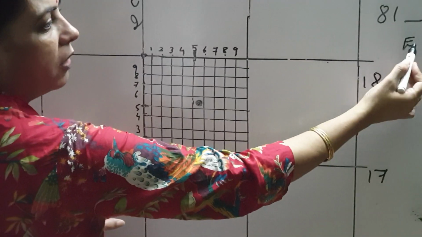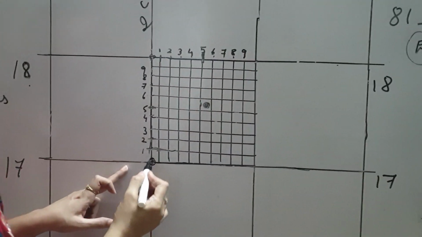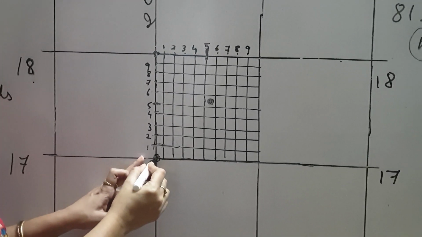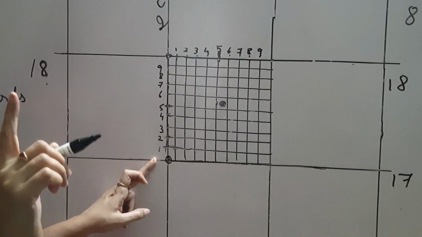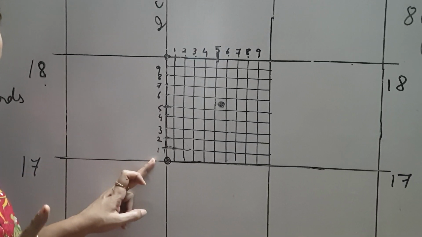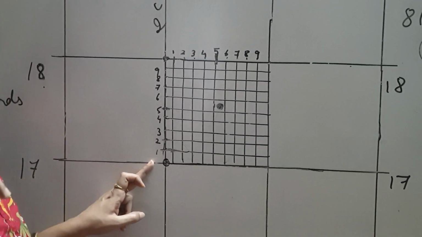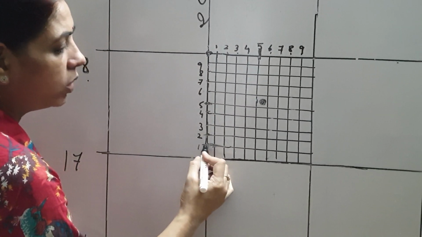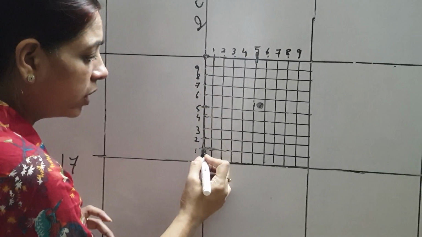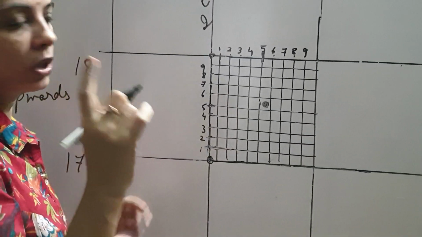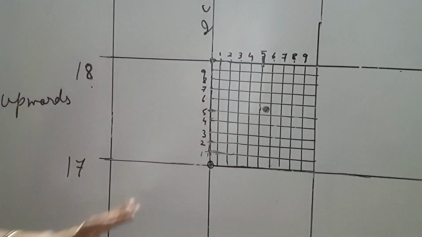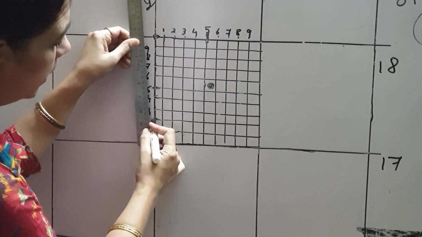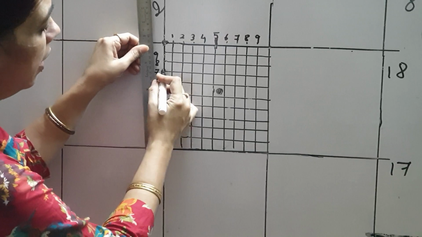So we'll write the value of the easting first. So we will divide the easting into 10 equal parts. So 2 centimeter means, since 1 centimeter is equal to 10 millimeters, 2 centimeter is equal to 20 millimeters. So we will divide the easting into 10 divisions. Each division will be of 2 millimeters. So with your scale, you will keep your scale like this, and with 2 millimeters, you will make the divisions on the grid.